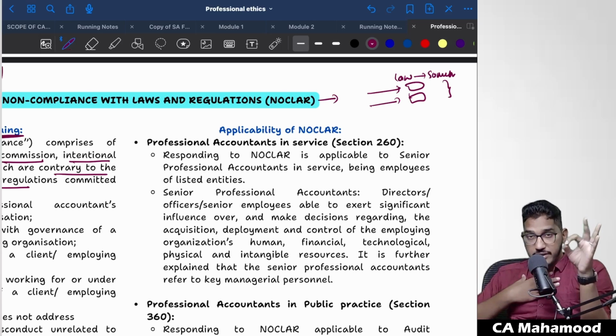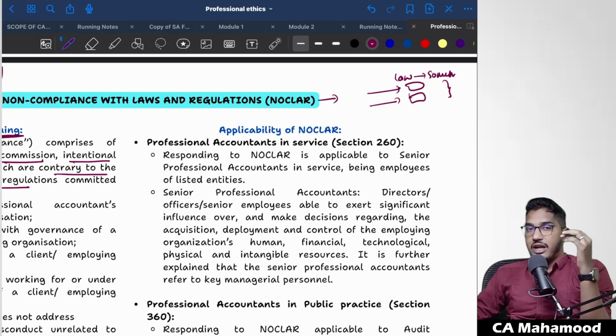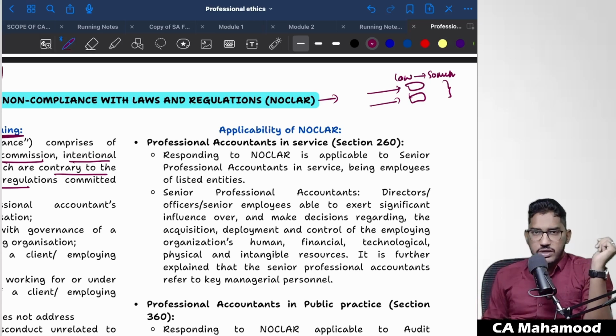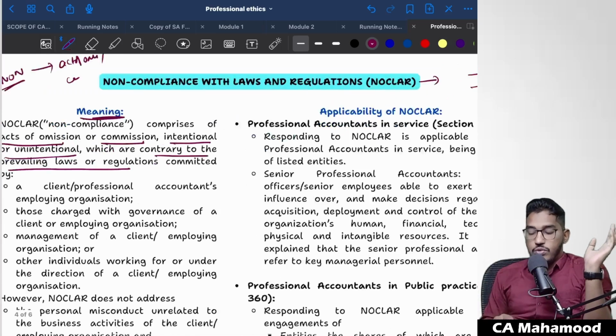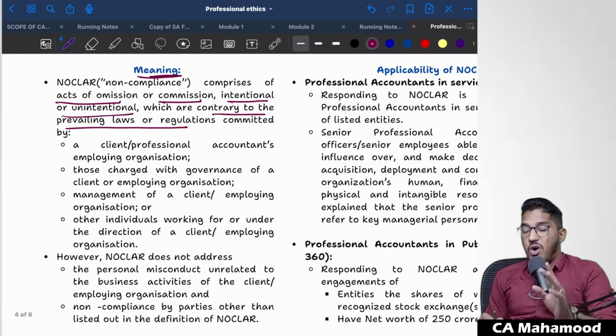So I am doing something. I am doing an act of commission. Either intentionally I do it or unintentionally I do it. But whatever I am doing, that is contrary, that is against the prevailing laws and regulations. That is what I simply call NOCLAR. So hope you got clarity of the definition. So NOCLAR means non-compliances